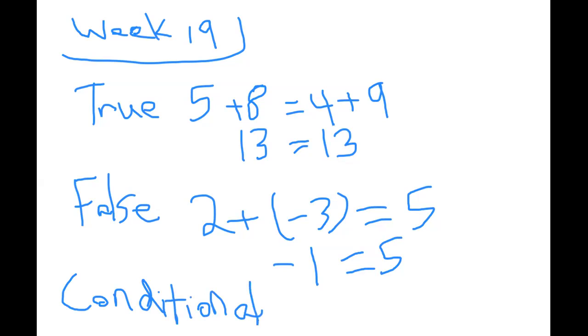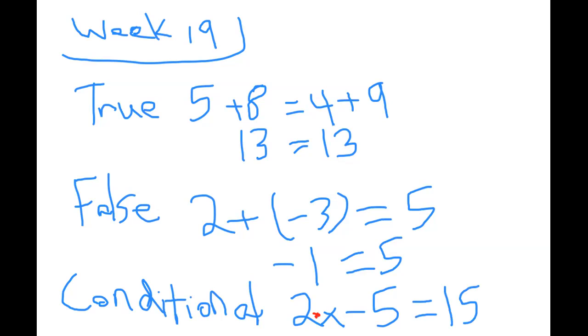So if I had something like 2x minus 5, and if we go back and remember what this 2x means, there's a multiplication sign in between these, so it means 2 times the value of x, minus 5, and then if I had it equal to 15,